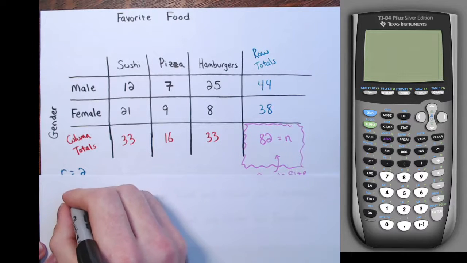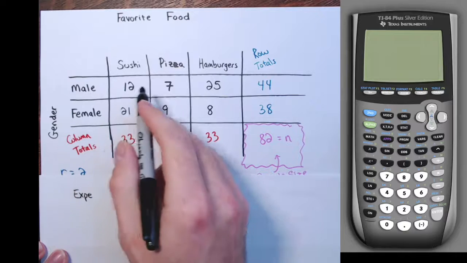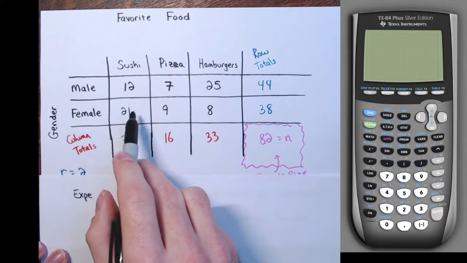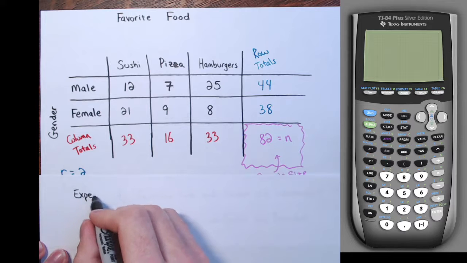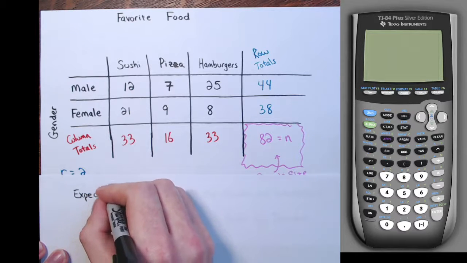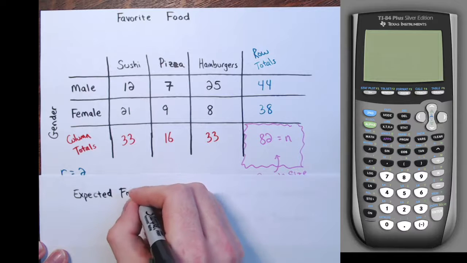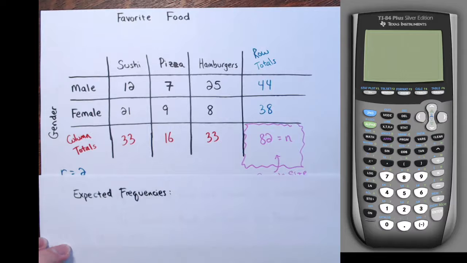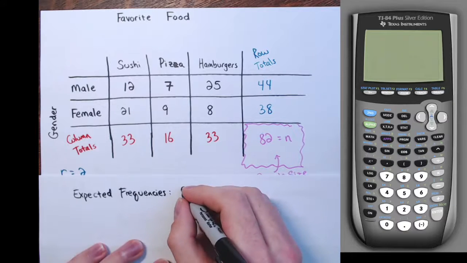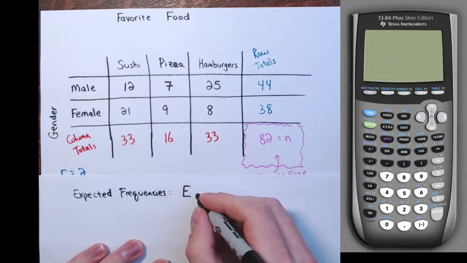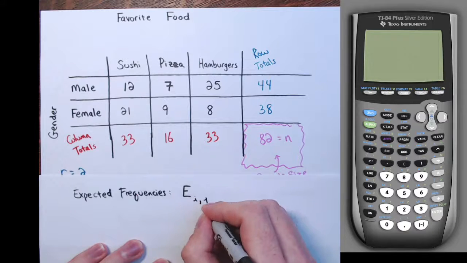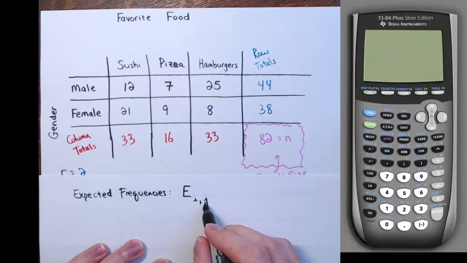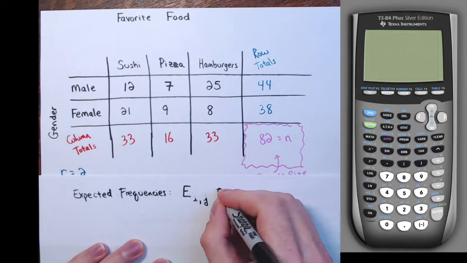And those expected frequencies were calculated for each cell, and there are 6 cells here in the contingency table. And here's how they're calculated. I went over in another video how this formula came up. So the expected frequency for the ith row, jth column cell, E i,j, is